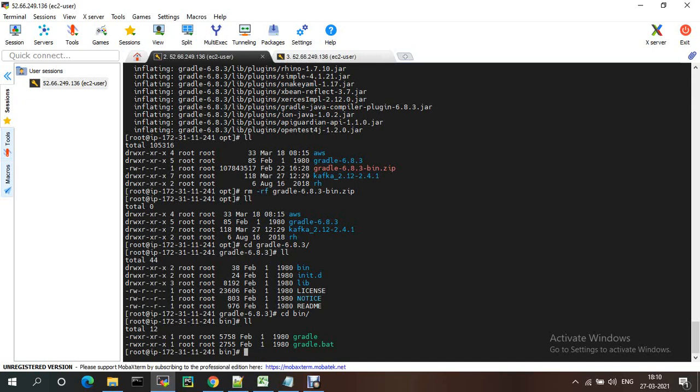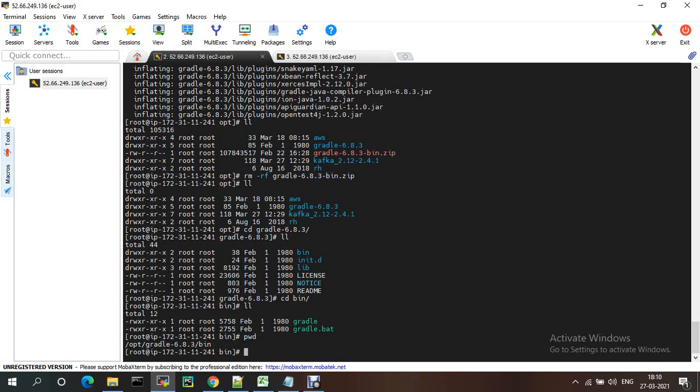This is the path for Gradle. You just need to export this path so it will be able to show the version. I'm just doing export PATH equal to this, dollar PATH.